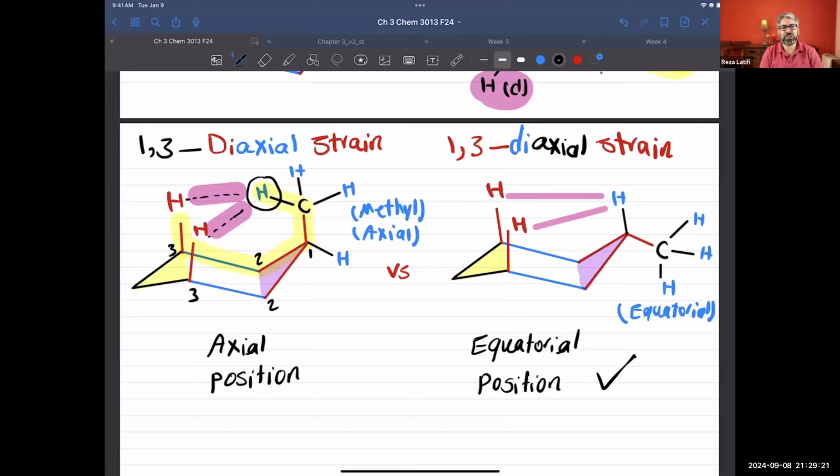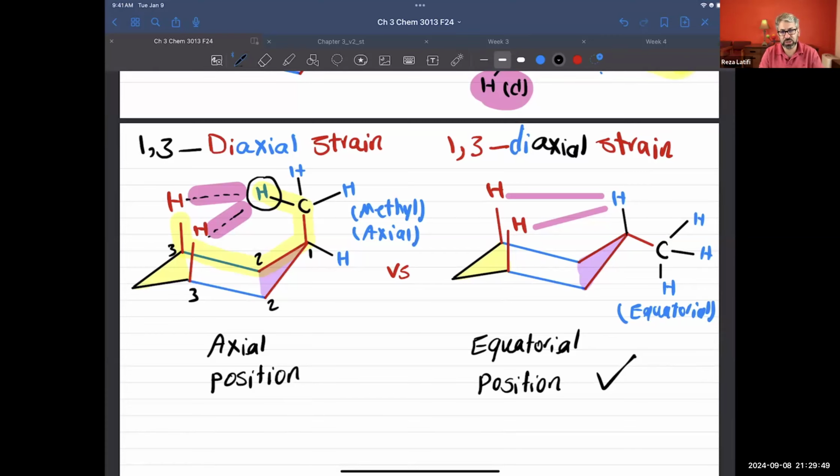Welcome back to another lecture from organic chemistry. In the last lecture, we were talking about diaxial strain. We get this whenever we put a substituent bigger than hydrogen in the axial position. That methyl group is going to sense hydrogens that are 3 carbons away from it, and those hydrogens are in the axial position. Because they are 3 carbons away, we call it 1,3